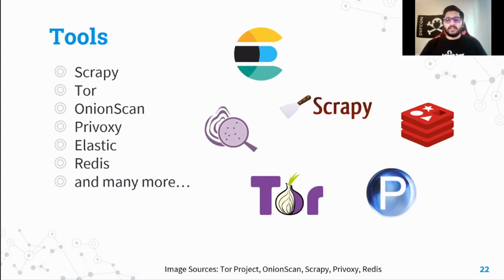Then coming to Elastic. Basically, you use some kind of database to store data from the dark web, and the majority of people use Elasticsearch because of the Kibana support, which makes searching really easy. You can use any other database, either use MongoDB and then put data in Elastic, or use Elastic directly. Redis is an in-memory database that is used for cache purposes. We'll talk about why we are using Redis in this case.